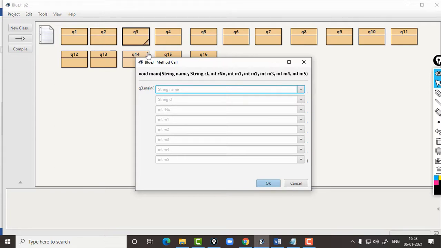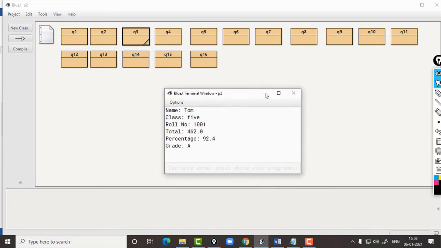So first we need to input a name. Let's call it Tom. Okay, then class, let's say 5. Okay, roll number, let's say 1001. M1 89, 99, M3 100, 96, 78. Okay, so these are the inputs I have given, and let's see the output. Oh, okay. First input should be a string, so we need to enclose it within double quotes. Similarly, the next is also a string.